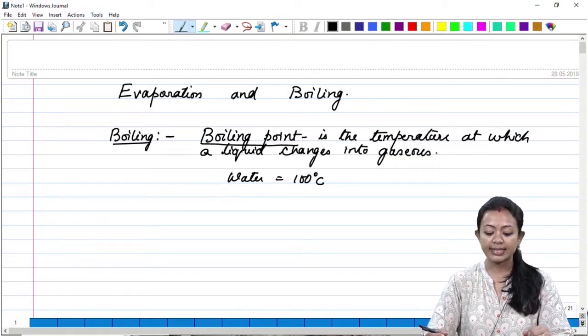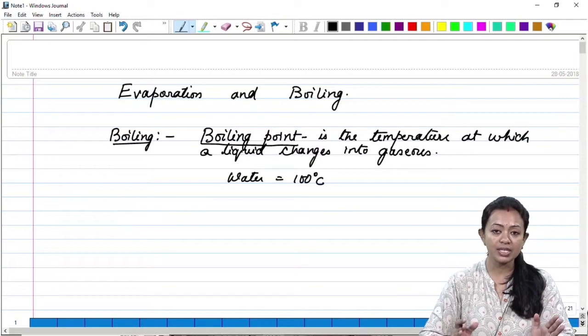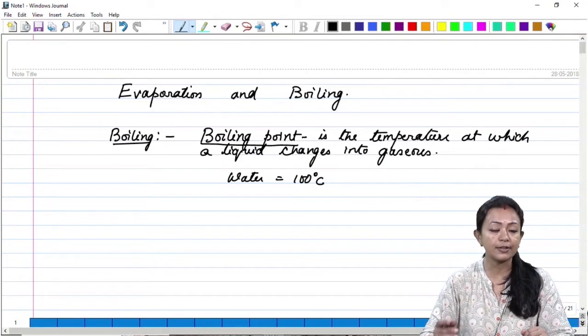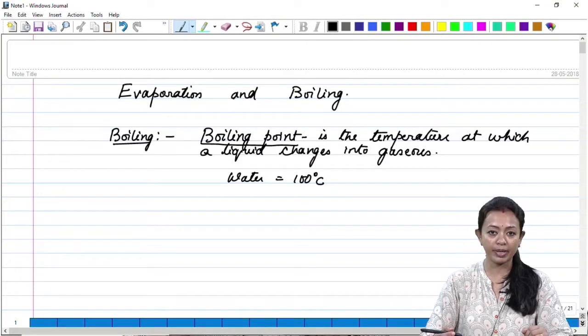Now the question is, are boiling and evaporation the same, or are they two different concepts? Because in case of evaporation we see that there happens to be the change of state from the liquid to the gaseous state, whereas in case of boiling the same thing happens, there is a change of the liquid state into the gaseous state. If both have the same concept of change from liquid to the gaseous state, then how are they different? Now for that let us try to understand, and for that let me elaborate it more.